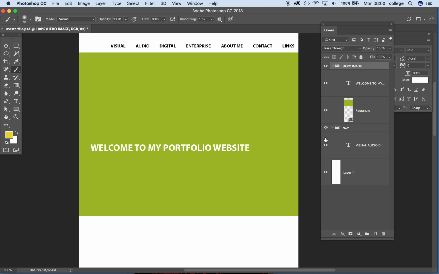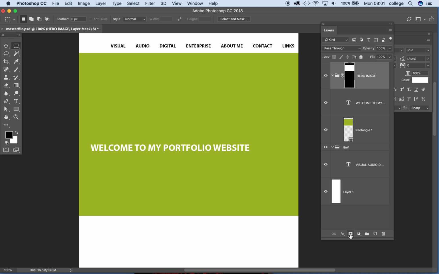Okay, so I'm now going to make a mask for this group. I use the marquee tool and I'm going to make a selection. So here's my dotted line to signify that I've got a selection. I click on the group or the folder and the add mask layer symbol is here. If I just click once, you'll see that I now have got a white and a black area and an